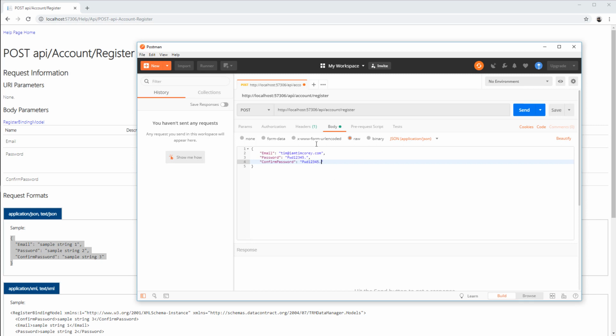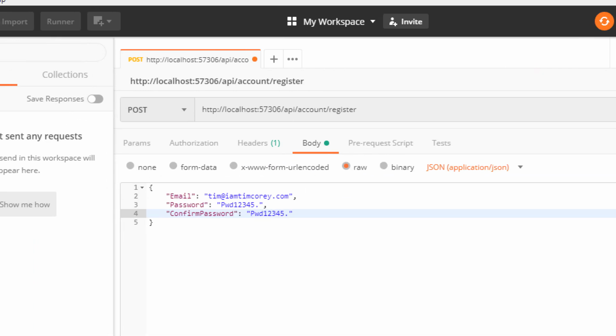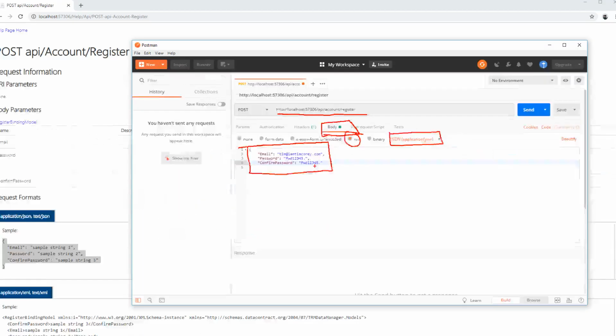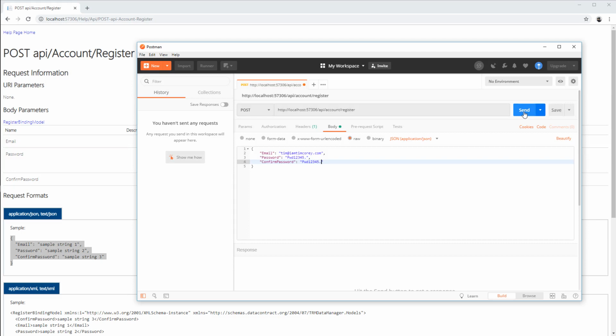The same password. So I've got a post going out to API/account/register. Let's zoom in a little bit there. So there's my URL. I've got in the body, I have a raw selected and JSON/application/JSON. And then in here, I have my 3 values. Inside curly braces, there's email, password, and confirm password. Okay, so that's the values I'm sending. If I hit send,